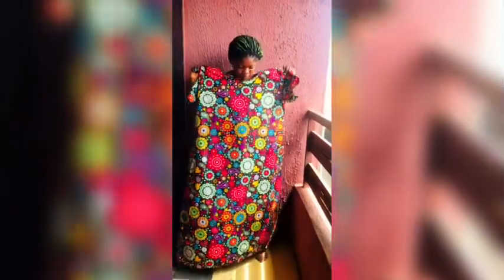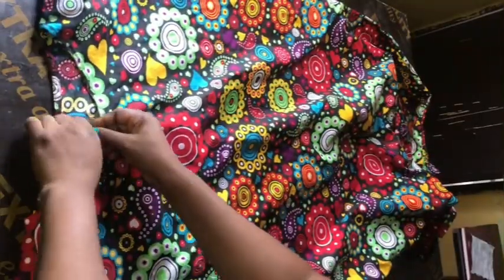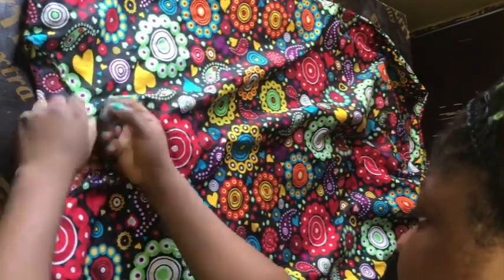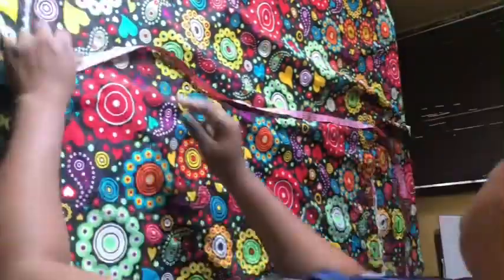So my client requested that I change this gown to a more beautiful short or long gown. So I'm going to convert it to a more beautiful short gown. Let's go. So I started off by losing the zip, and after losing the zip, I had to cut the